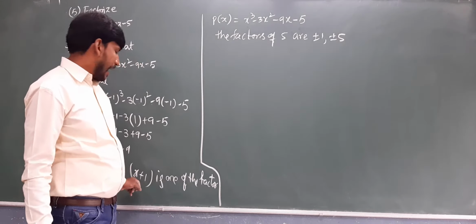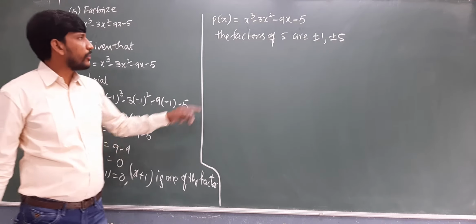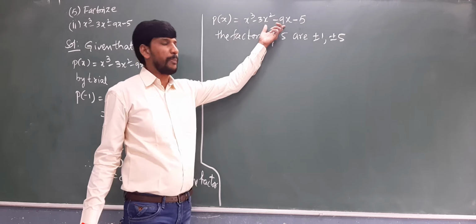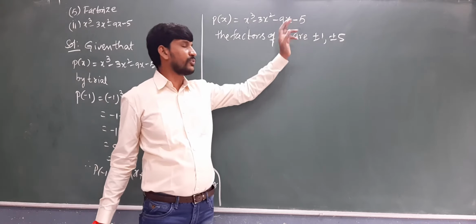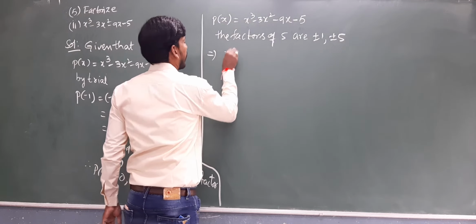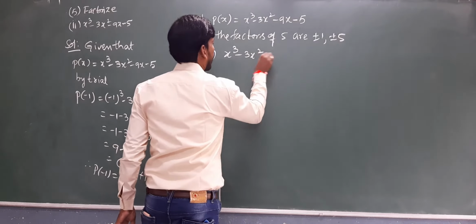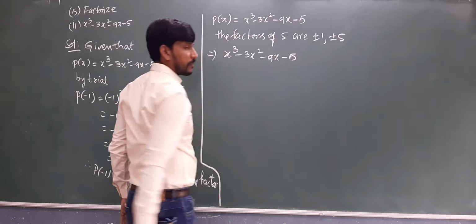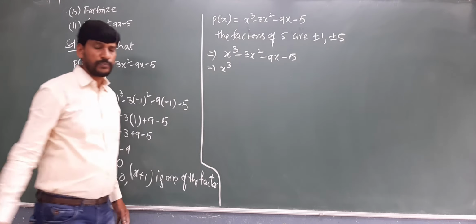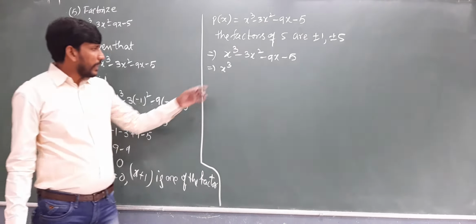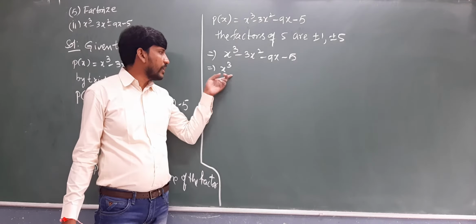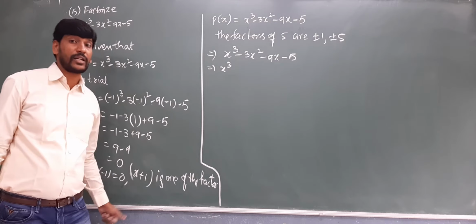As we got x plus 1 as a factor, we have to simplify the middlemost two terms with the help of this x plus 1 as well as this minus 5. How are we going to simplify it? Just listen here. Given x cube minus 3x square minus 9x minus 5, I am writing the first value as x cube, as it is. Now, for the next value, by taking the common factor between the first two values, you should get x plus 1 as the common.